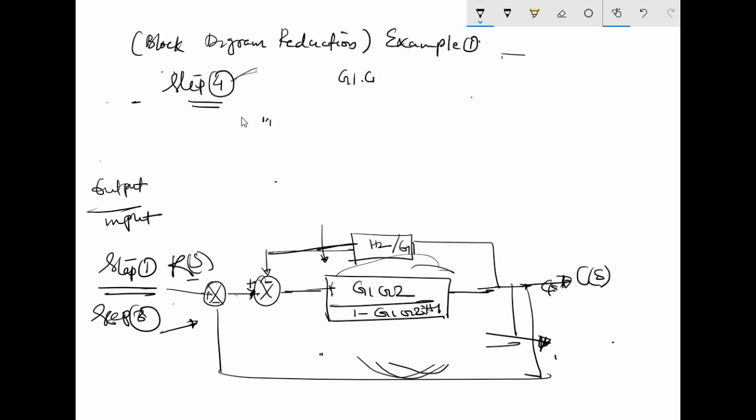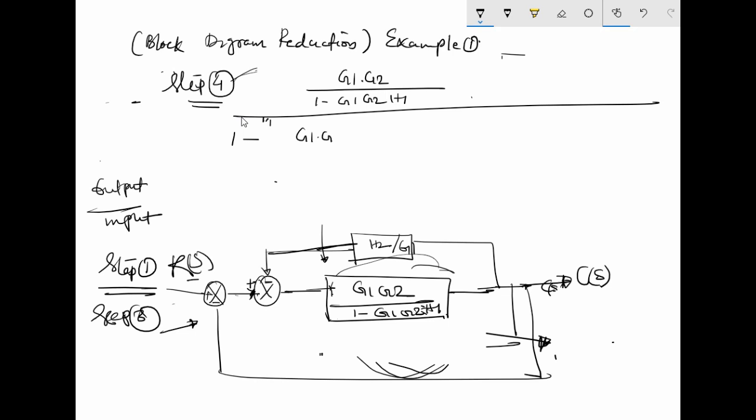G1 G2 divided by 1 minus G1 G2 H1 divided by 1 minus of G1 G2 divided by 1 minus G1 G2 H1 minus of H2 divided by G1. So this is how it will look like, and you will have to